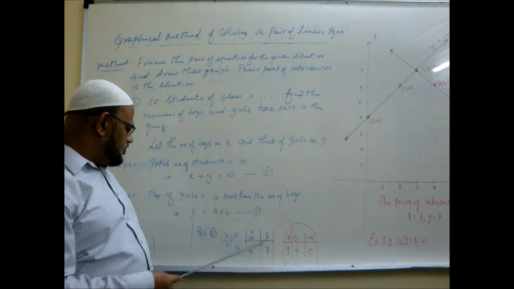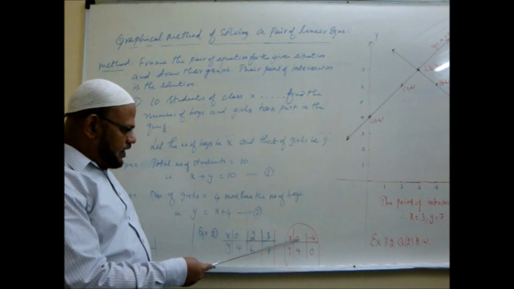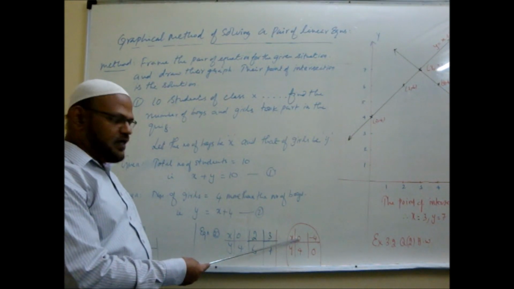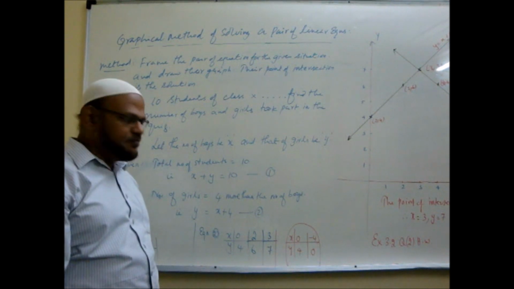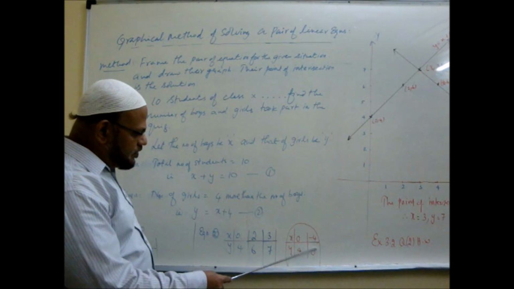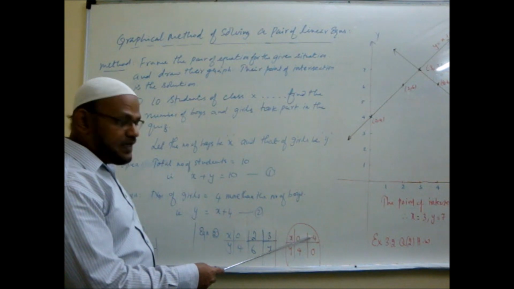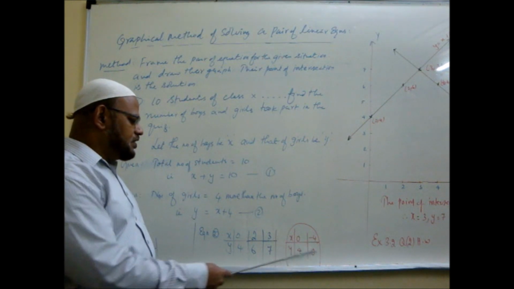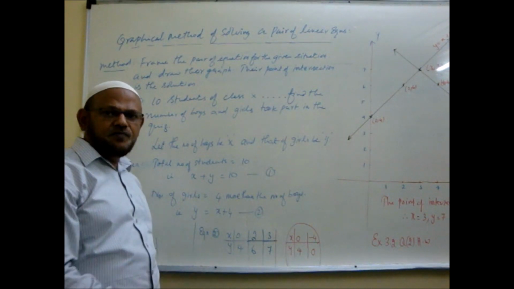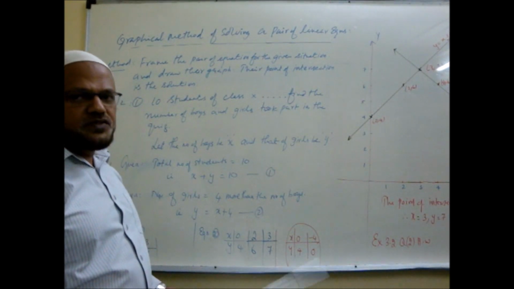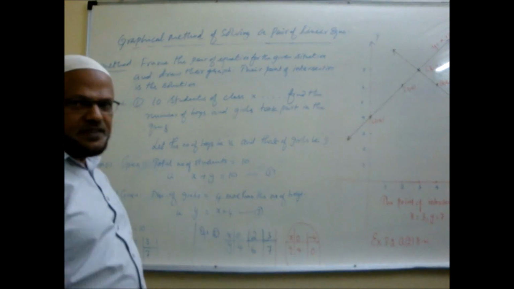But I don't want that here, because when I put x as 0, it means there are no boys and 4 girls. It doesn't make meaning. When I put no girls, boys come out as negative 4, so it is not meaningful. This is a meaningful solution. Whatever, for graph purposes, whether there is meaning or not, you can follow any method which is easy to draw.